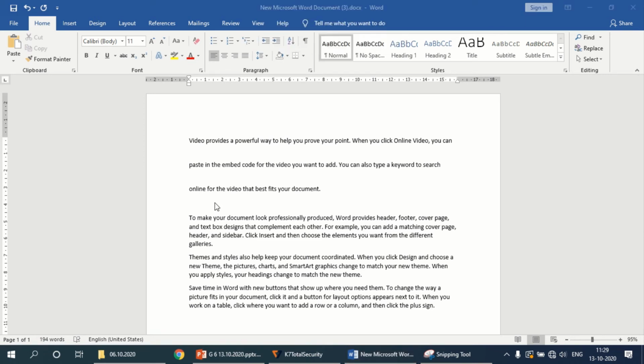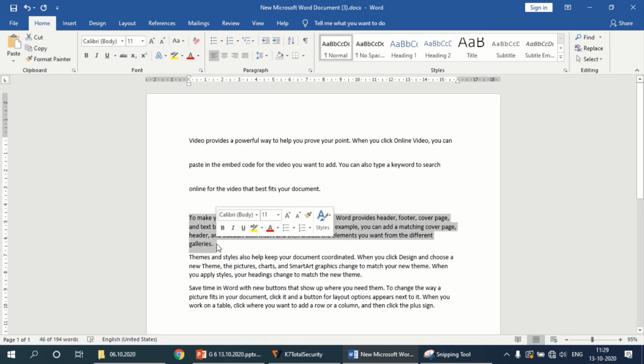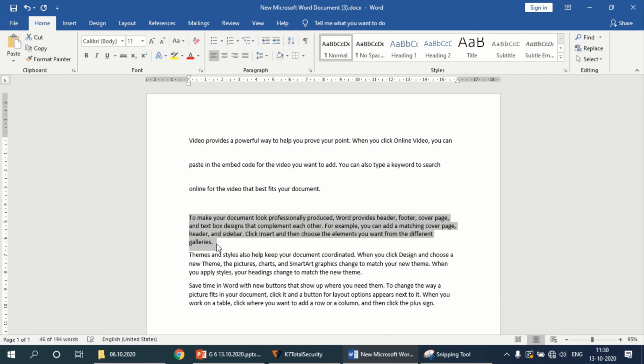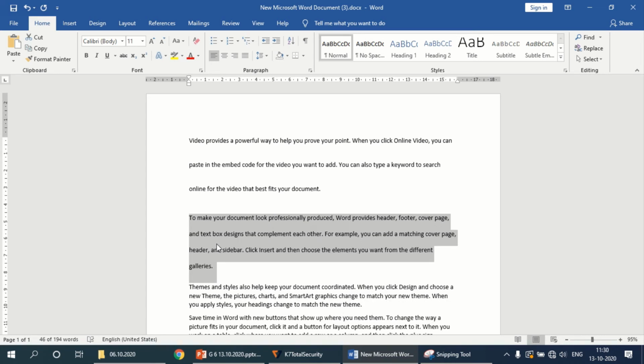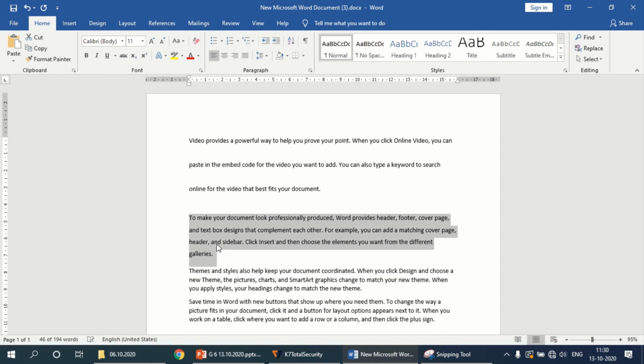So now let's apply the keyboard shortcuts in this paragraph. See, now I have selected this paragraph, and the first keyboard shortcut is Control plus 1, right? If I click Control and 1, that is single line spacing, no change. Okay, now let's see Control plus 2. Now I press Control plus 2. What happens? It becomes double line spacing, right? And if I click Control plus 5, it becomes 1.5 line spacing. Okay, this is how you have to apply the keyboard shortcuts for the line spacing.